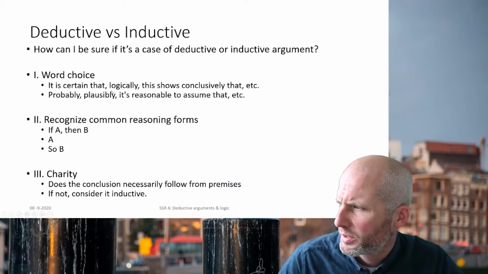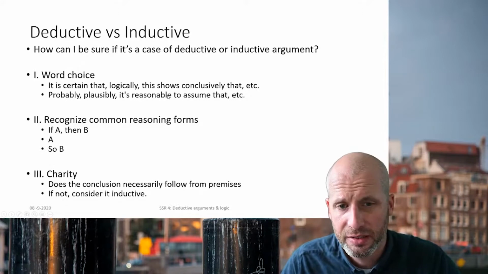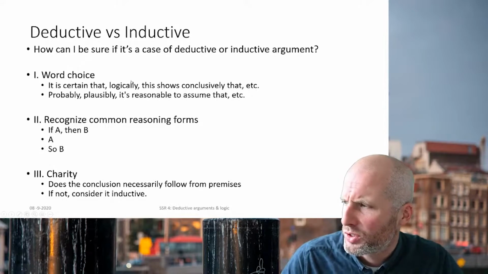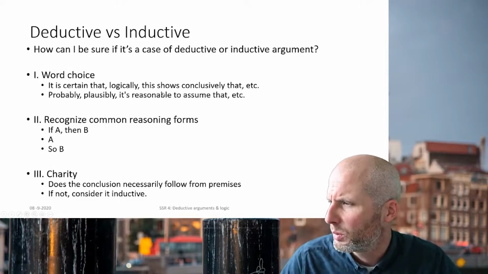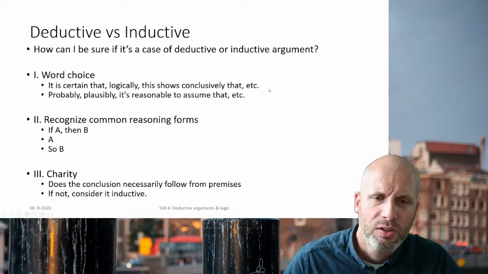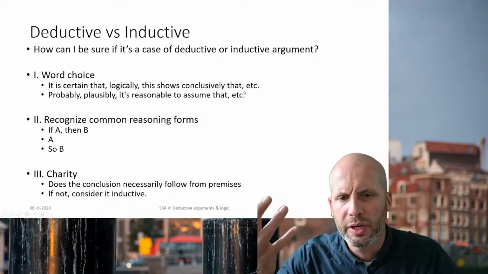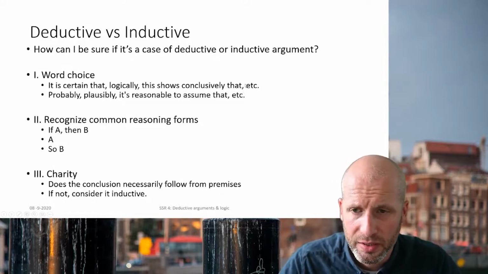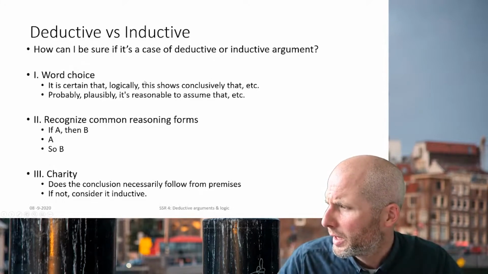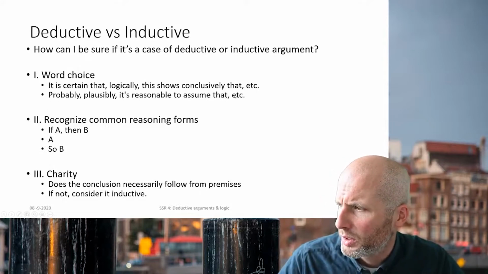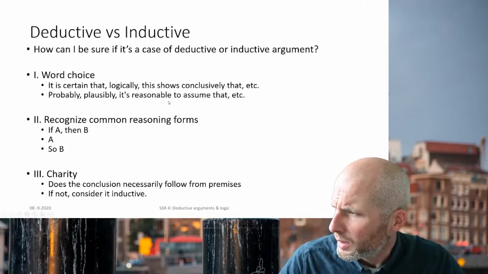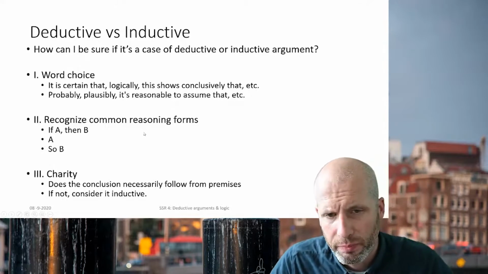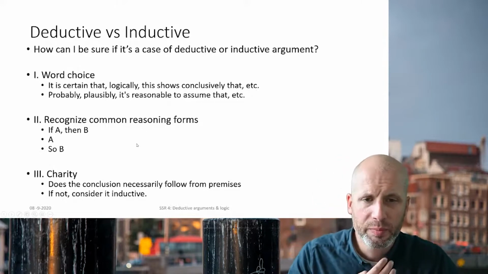So they're very strong in their word choice, saying that it's certain, given that this and this is the case, it's certain that that and that is the case. From this, it logically follows that the conclusion should be true, or this shows conclusively that. So those indicator words can be used to recognize whether somebody is intending to make a deductively valid argument, so you can assess it as such. And there are other indicator words for an inductive argument. It's also useful to recognize common reasoning forms. So what type of arguments people try to construct